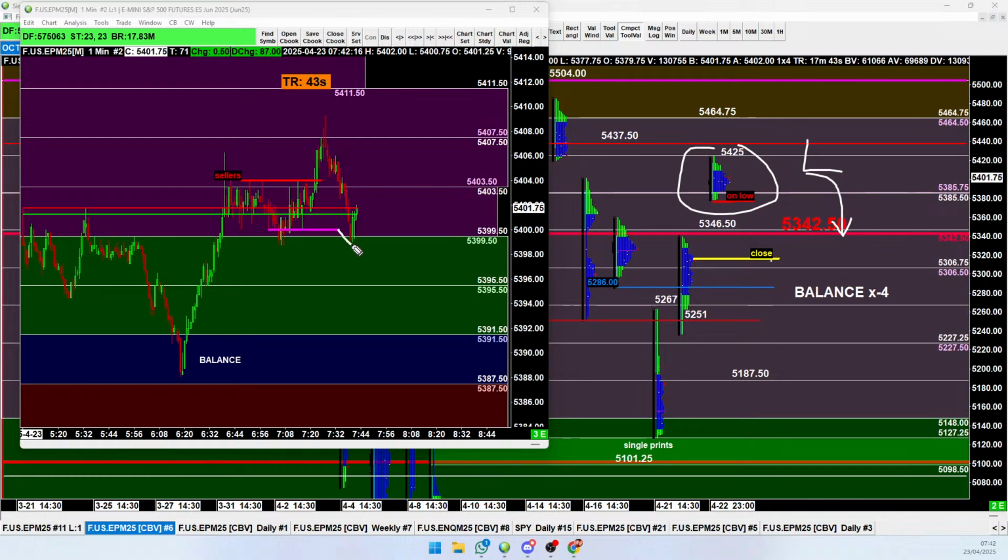Right now we're doing a look below and fail of 53.99. Hey, Mark, how you doing? So VWAP is right here in this 5400 range. So if we did a look below and fail and you went long, say 5400, 5401, we're going to have some sellers up here at 3.5.